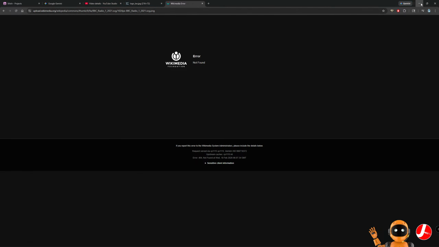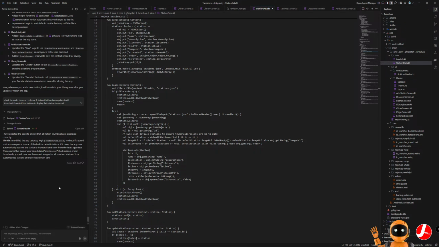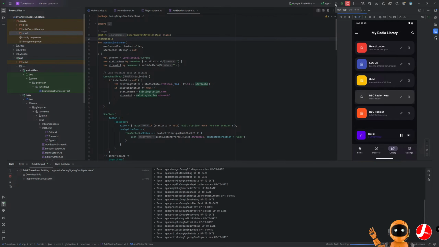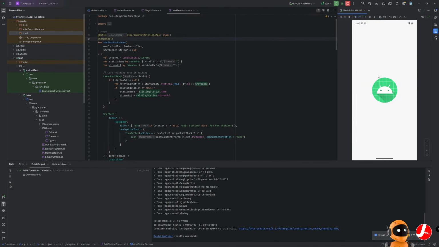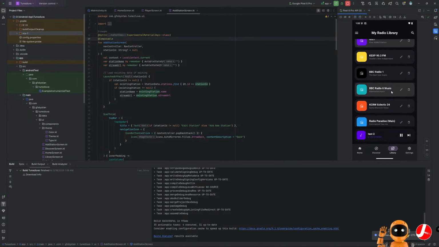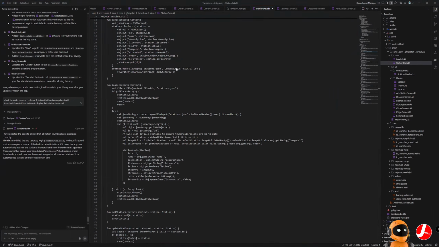Wikimedia might be the problem. Okay, all right. The problem is Wikimedia. Yeah. Okay, so I think that's the problem. Wikimedia is the problem because